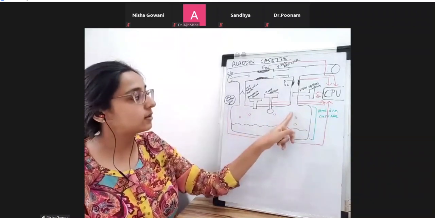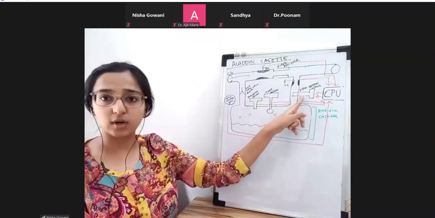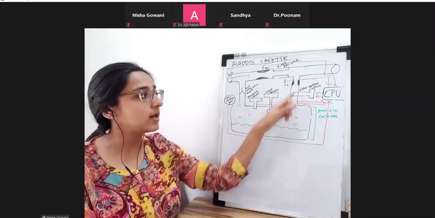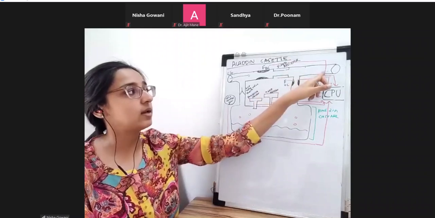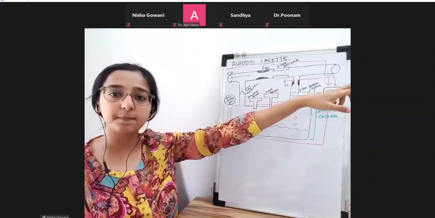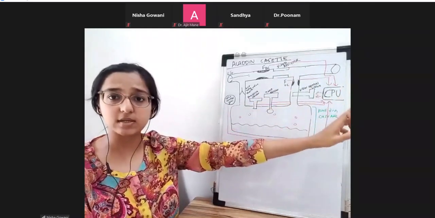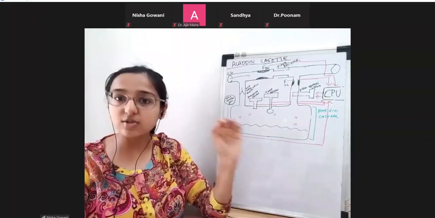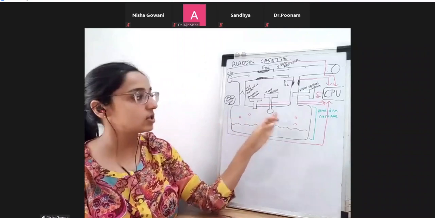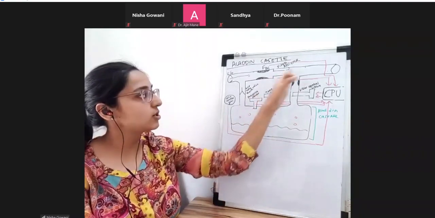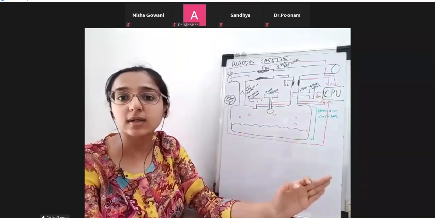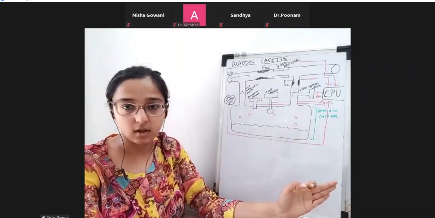So the CPU will then send messages to the flow control valve and accordingly allow only a limited amount of pure desflurane vapors to leave and join the fresh gas and ultimately deliver the particular concentration which has been pre-decided. What has happened is the vaporizer is working like an injector. The fresh gas is there and you're just injecting vapors into it, right? So now it's working like an injector type of vaporizer with desflurane.